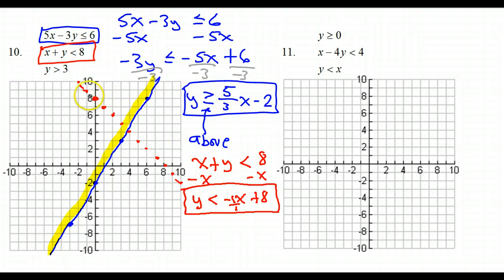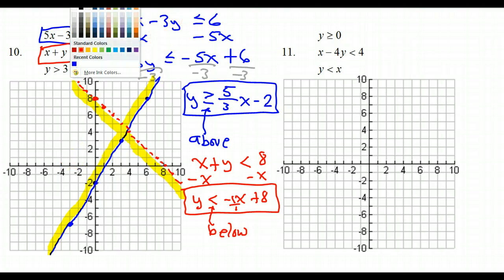This one is going to be a dotted line because it does not have the "or equal to" part on it. It's just less than, not equal to. And because it is less than, we are going to shade below the line. Less than tells us to shade below the line. Again, I'm just going to start by shading a small amount below the line. Don't just shade everywhere. We won't go crazy until we see the final